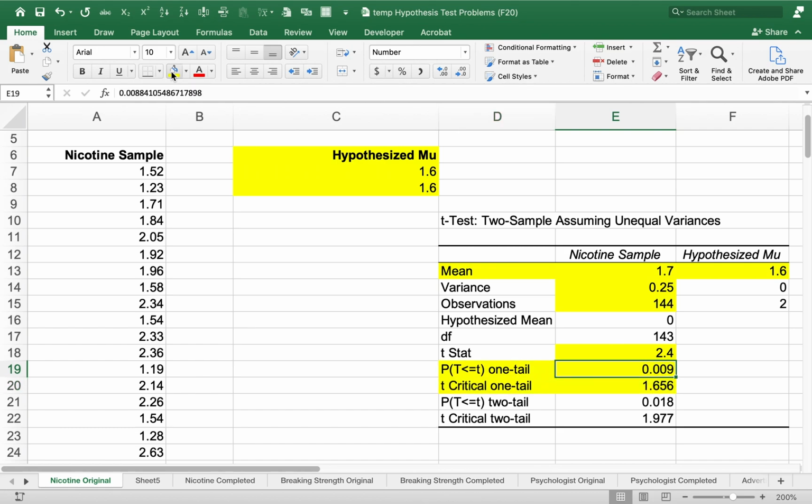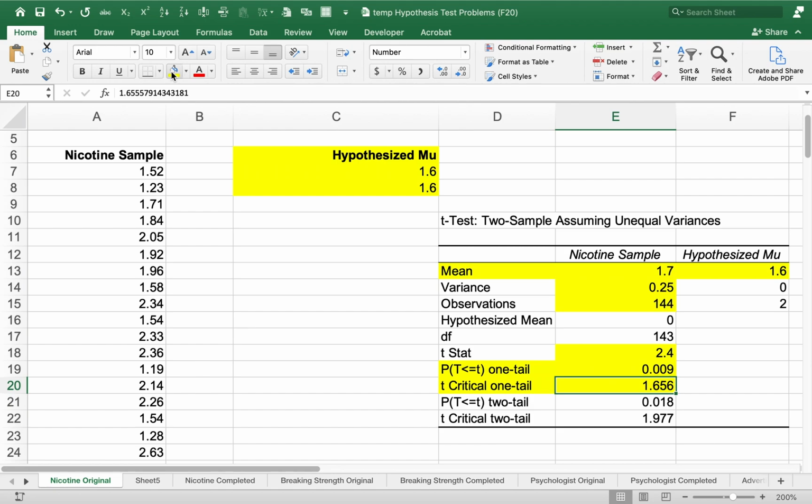The p-value, remember when we looked this up in the table, we figured that it was somewhere between 0.5% and 1%. So this shows that it's 0.009. The critical t-value, well, we said it was 1.645, but that's because the t-table only goes up to 120 degrees of freedom, and then it jumps to a z row. And so the actual t-value would be